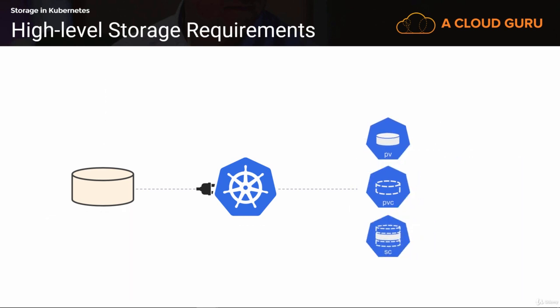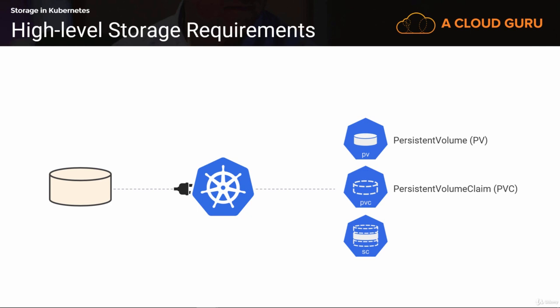Which at a high level is three main things: persistent volumes, persistent volume claims, and storage classes. Think of persistent volumes, which we call PVs, as the storage resource. So maybe a 20 gig volume based on fast SSD. And then the persistent volume claim, which we call the PVC, is the application's ticket to be able to use it. So, I don't know, your cluster might have a bunch of different PVs. And for your application to use one, it needs a PVC, like a voucher or a ticket to use, yeah? And like I keep saying, we'll get to the detail in a second, but storage classes, that's just a way to implement all of this in a more dynamic and scalable way.